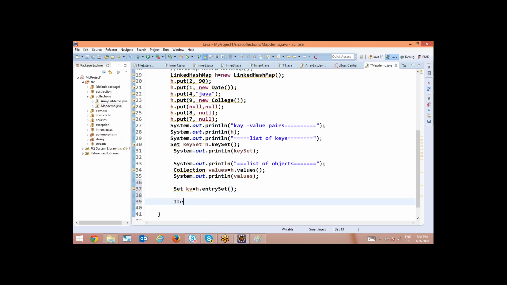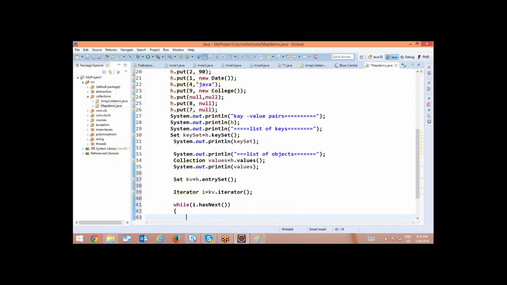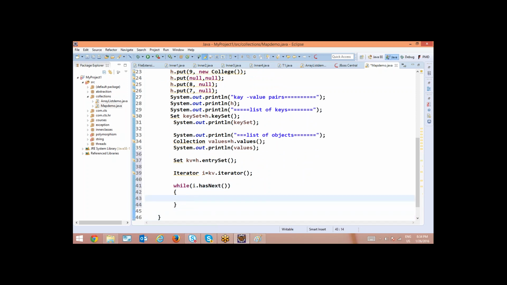Now Iterator i equal to kv dot iterator. Now this is the iterator, you have to say hasNext, and whatever object you get every time is i dot next.